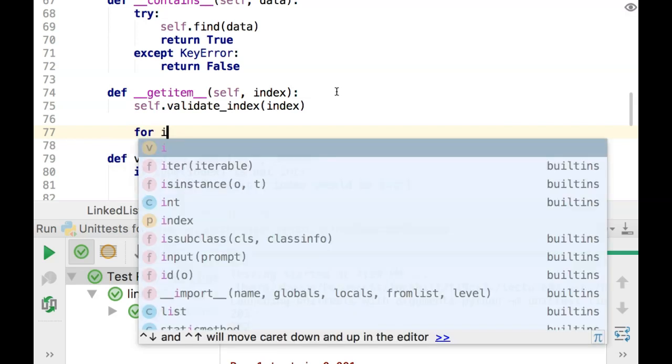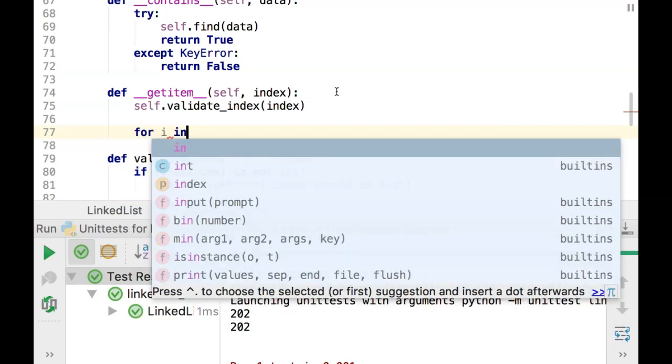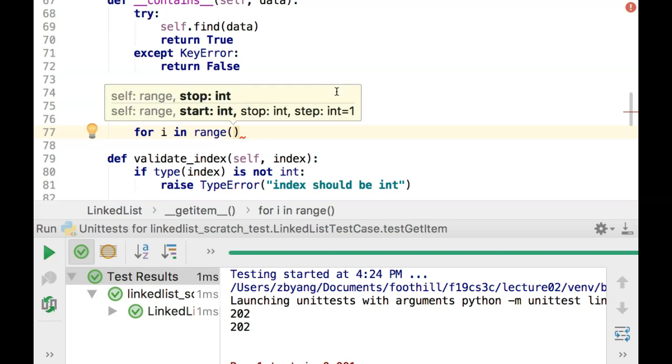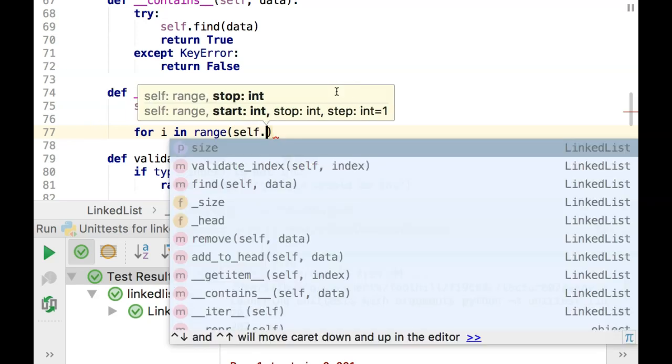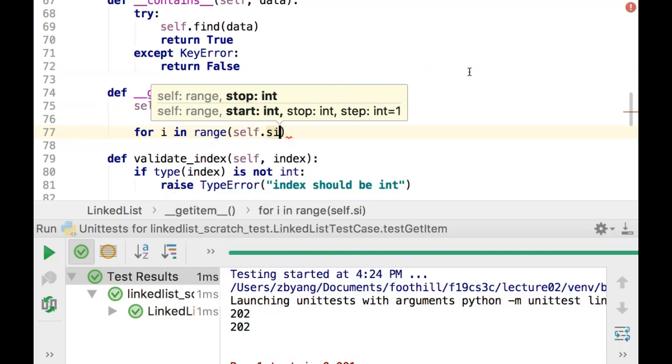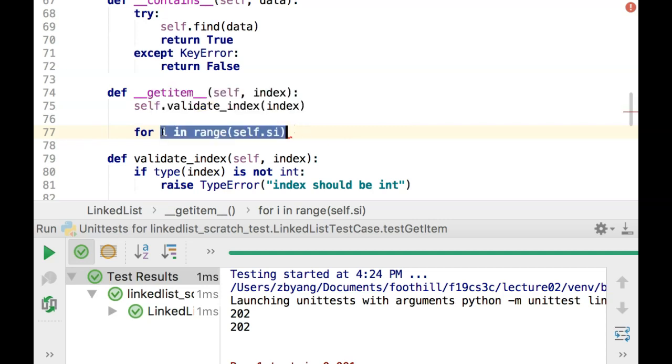Anyway, after I validate the index, what you probably will usually do is say for i in range of size, and then walk through the list. But since we've already written the __iter__, I really want to use that again. So I am going to just say for d in